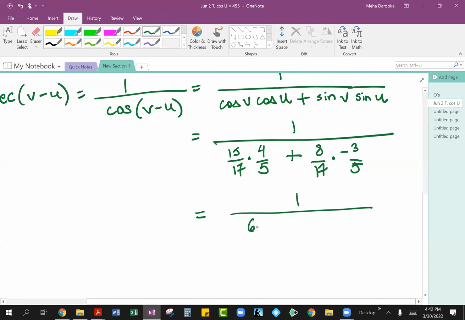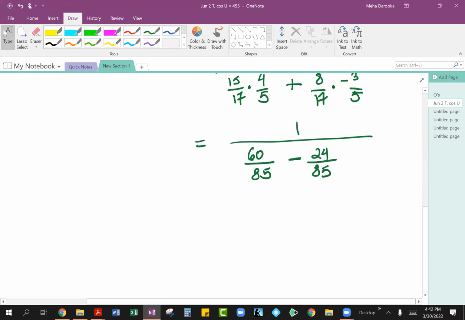So of course, 15 times 4 will give us 60. 17 times 5 will be 85. Again, guys, you have a plus sign in the middle here, but then you have a minus sign coming from that 3/5. So positive times negative will end up giving you a negative over here. Of course, 8 times 3 is 24. 17 times 5, as we just saw, is going to be 85. So like I said, if we keep those denominators the same and don't reduce, it will help us in simplifying that fraction. And of course, 60 minus 24 will be what, 40, 36